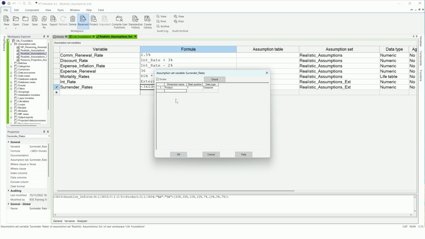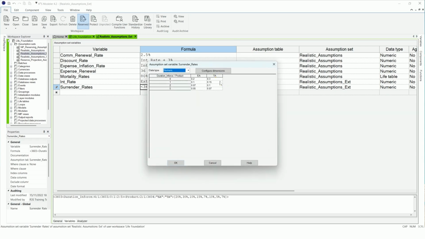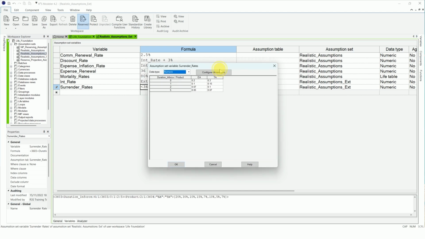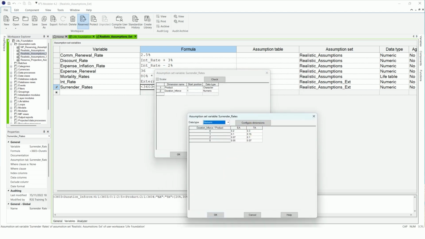Dimension number 2, duration in force. Start position 1. Data type, numeric. Click on the check button to test the array is being read correctly from the spreadsheet. Notice how the indices for both the product and duration in force dimensions are brought in from the spreadsheet.